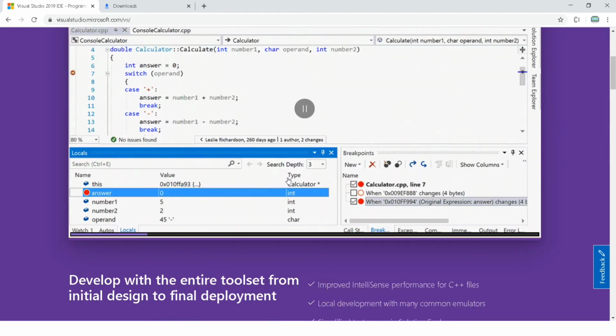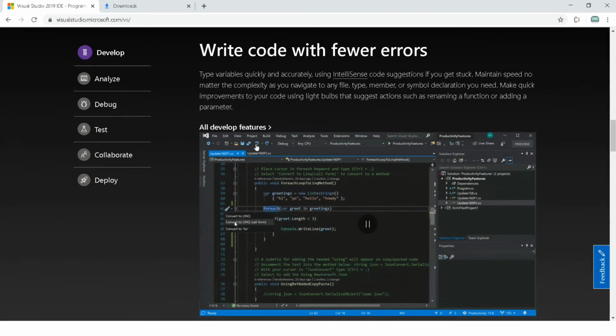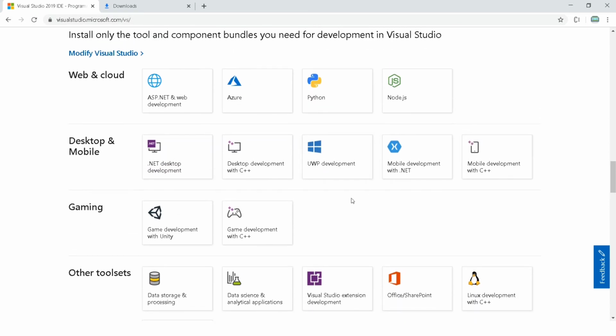You can see the IDE will look like this, and here it says write code with fewer errors. What it's saying is the IntelliSense will give you suggestions and all, so you can write code with fewer errors.